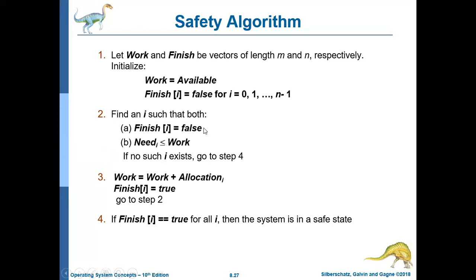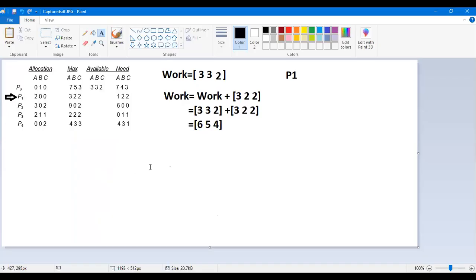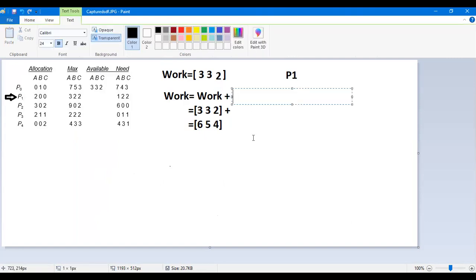Now I'm going there. Here I have written one wrong thing, that is the values. Here we are adding, we need to add the allocation part only. Allocation means P1's allocation is 200.